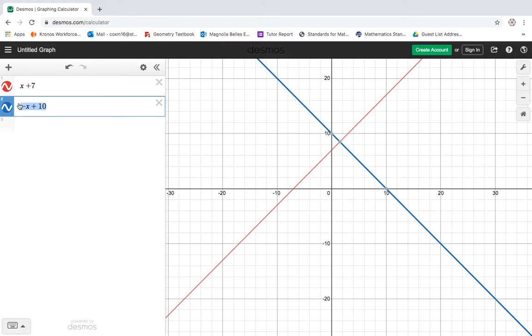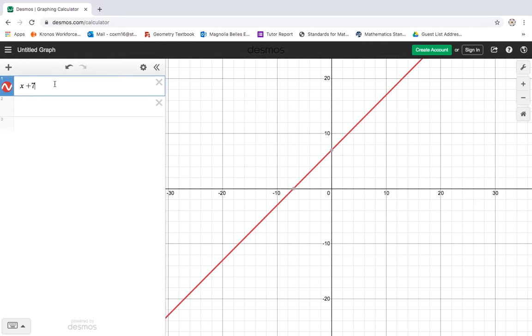And another thing this is useful for is not only does it help you solve one-step equations, but it also helps you solve two-step equations. So I know in a lot of the lower level Math 1 classes, students might have trouble solving equations that require more than one step. So we can actually go in and show them how that can be used as a graph, and that actually helps students see the relationship between the graph and the equations themselves, which helps create a deeper understanding of the concept. So in order to do that, I can just say x plus 7